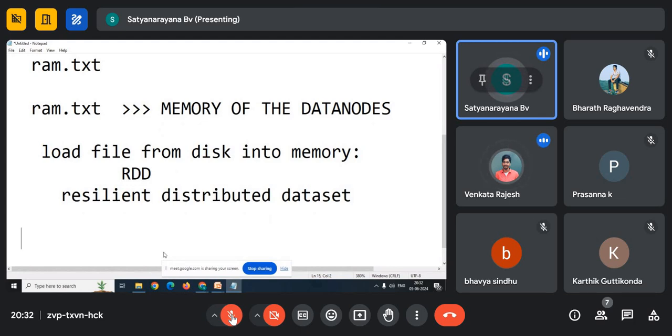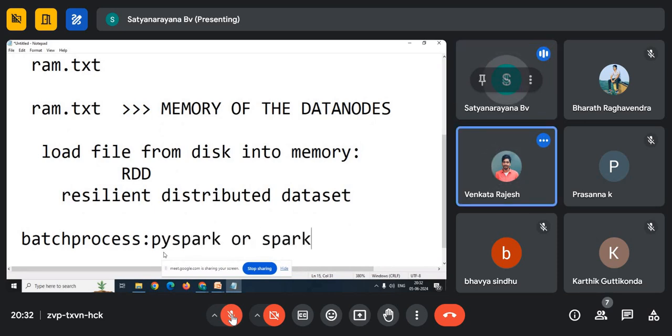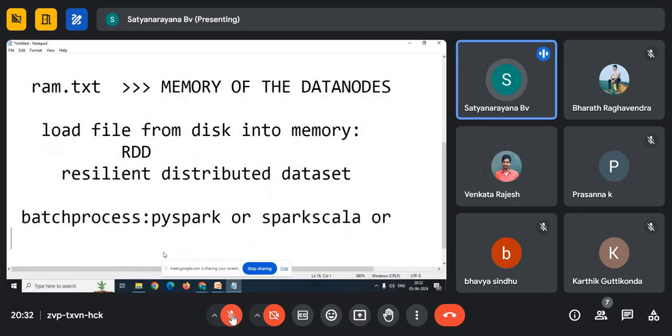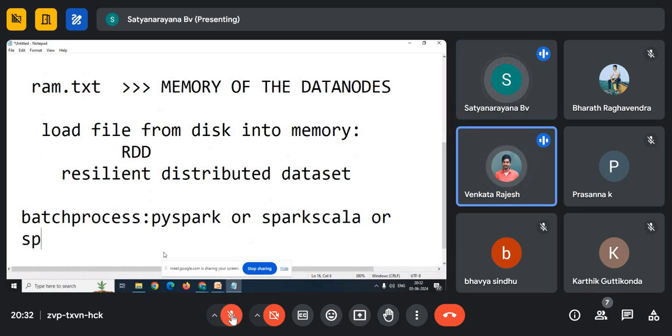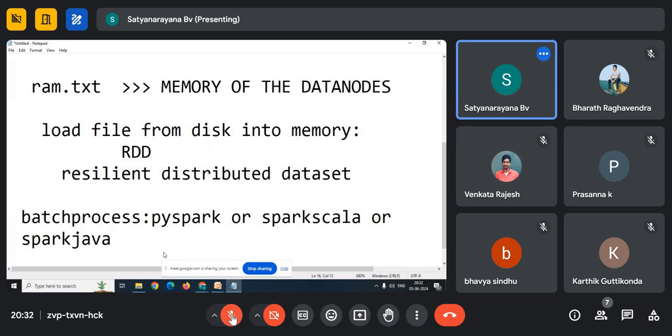When you want to do batch processing analysis with PySpark or Spark Scala, what should be the input?